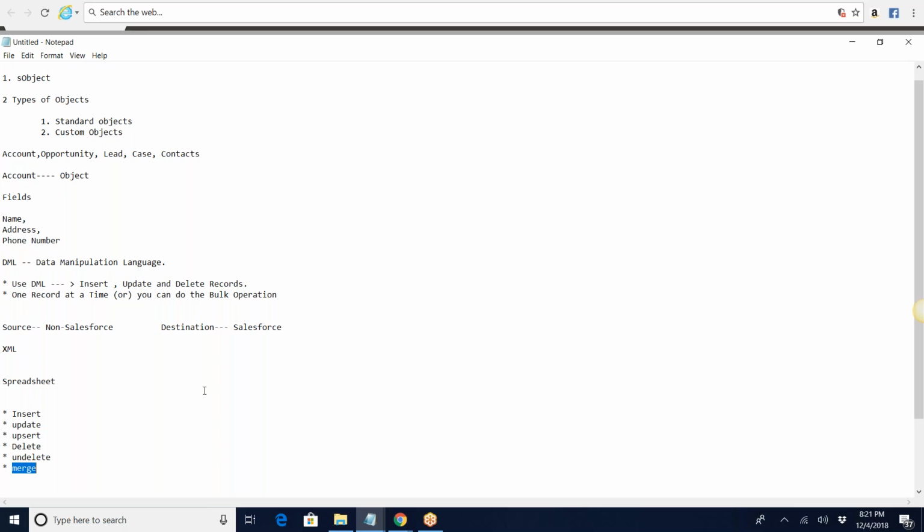Right. So when you're talking about DML operations, you can either have a single object, or when you're doing bulk, it is going to be a list of objects. We'll go through how we can create bulk operations and how we can create a single record and all those things. One of the important things that